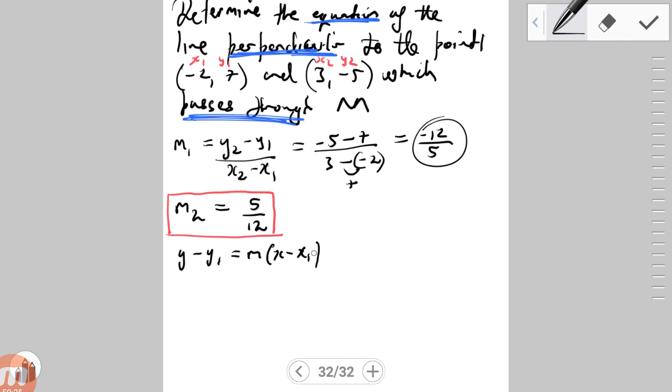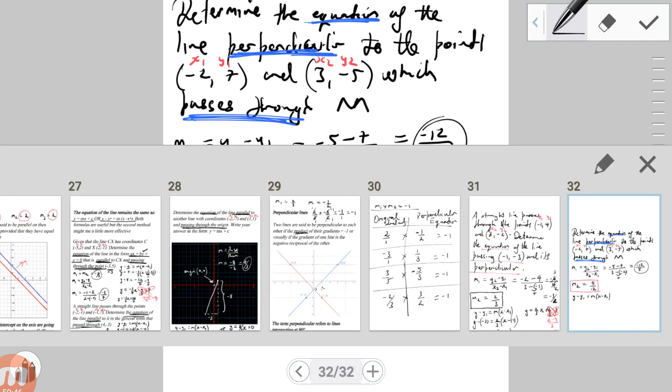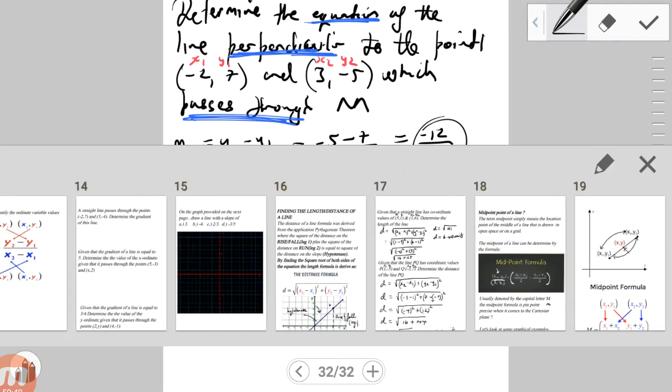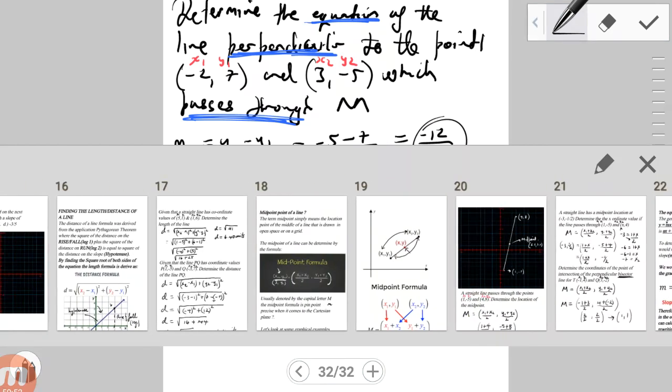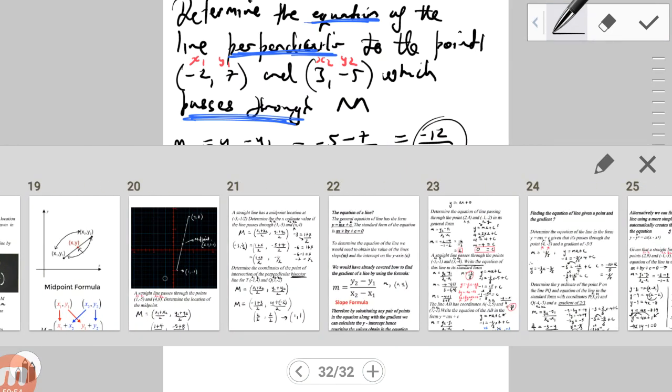So what is our y1 and x1? Well, usually you're told what point it's passing through, and here it passes through M. So what is M? You would have already been exposed to something that we had discussed earlier when it comes to finding the midpoint. And so if you go all the way back to a concept that we learned here,